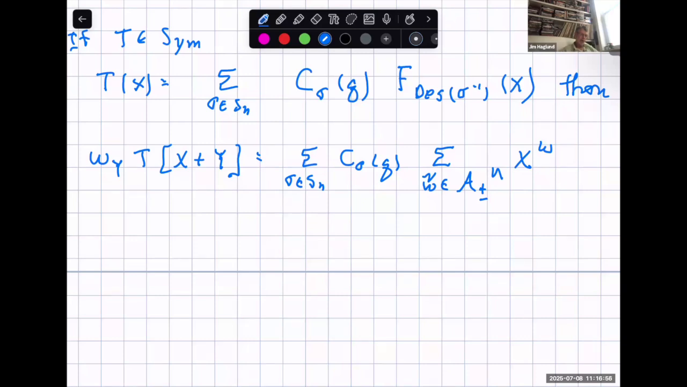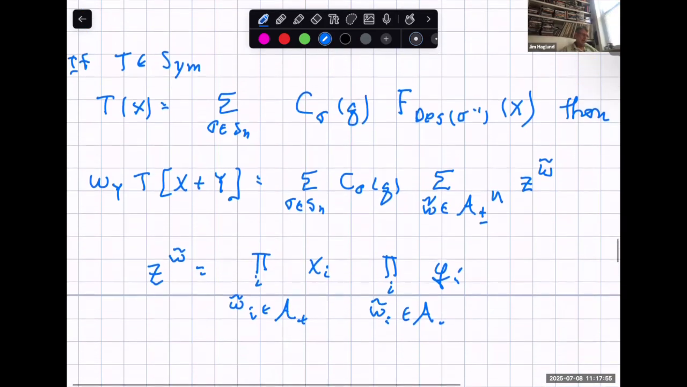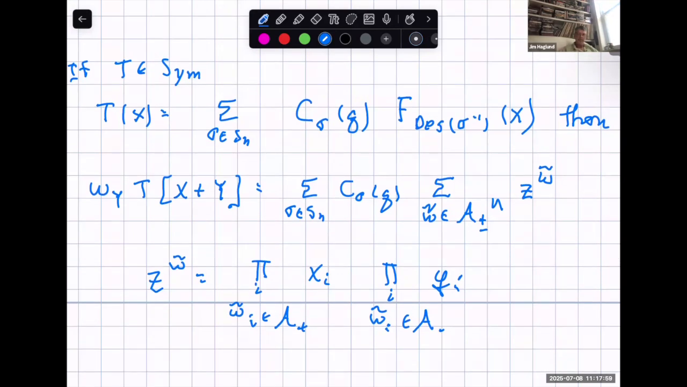So what we have here, oh, I didn't write this right. Z to the W twiddle is the product over all I where Wi is a member of A plus, so not Zi, Wi, of Xi, and the product over all I where Wi twiddle is in A minus of Y sub I. Okay, so this identity is really useful in forming the